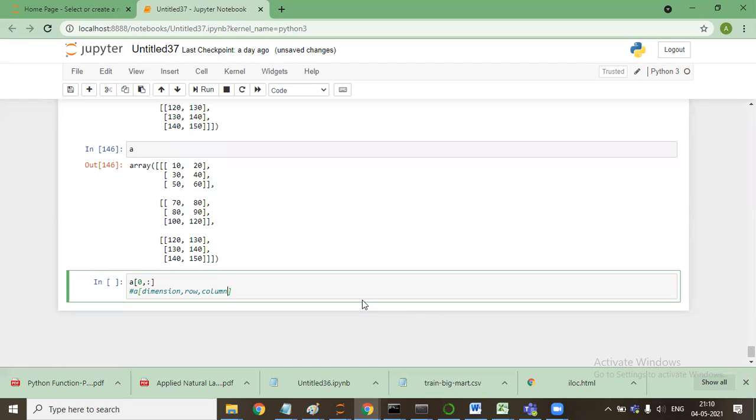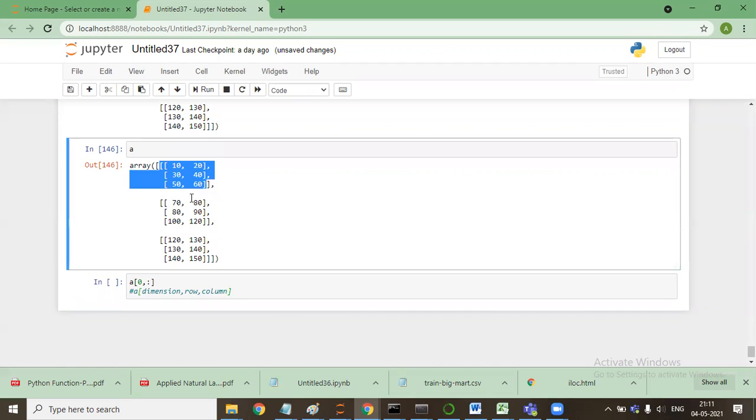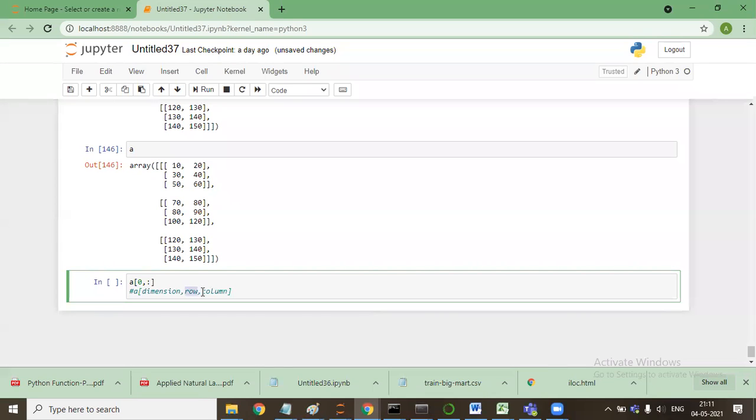The first dimension is this. Then I say how many rows of this first dimension have been selected and how many columns of this dimension have been selected.